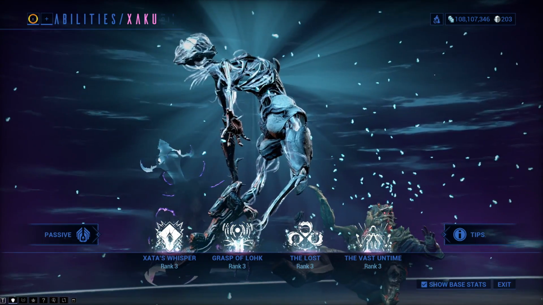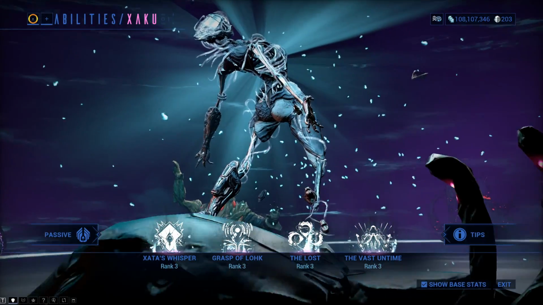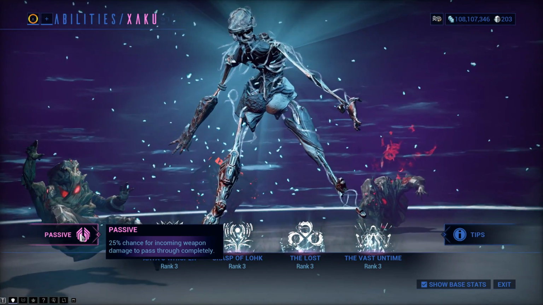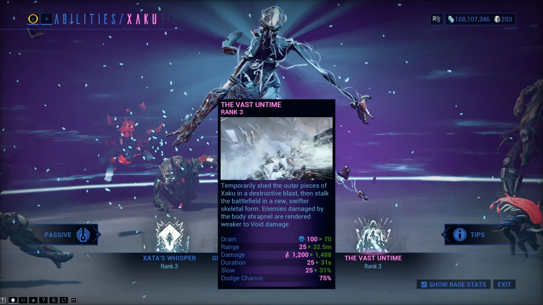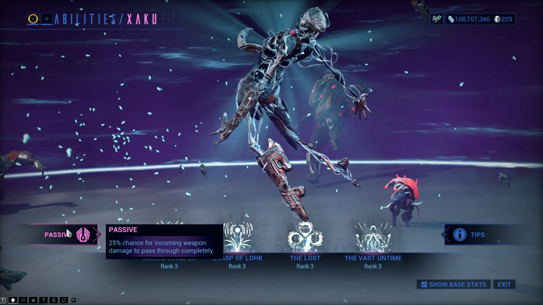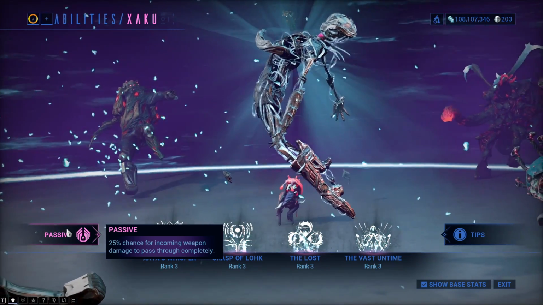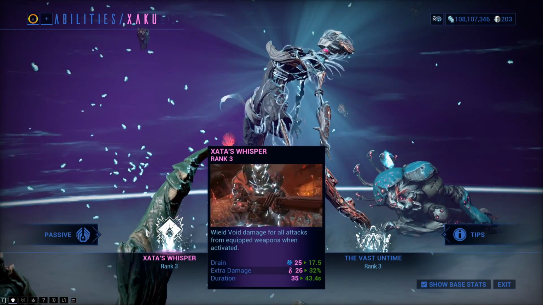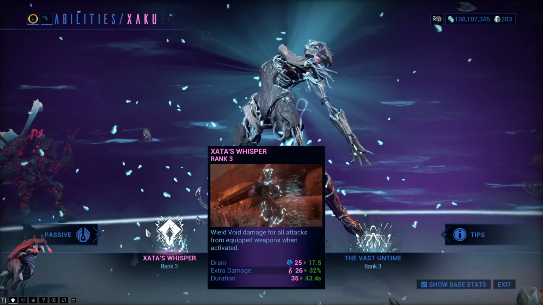Then there is the biggie I've been trying to put off. The Xaku changes. The passive, the 25% chance for incoming weapon damage to pass through completely, goes to 75% by the way with the Vast Untime active. There was a whole thing about it not including AoE, now it includes AoE. Whisper, they've basically made it so void damage will now...